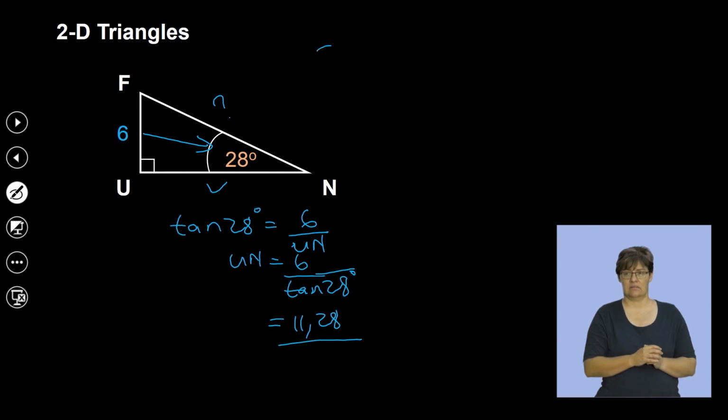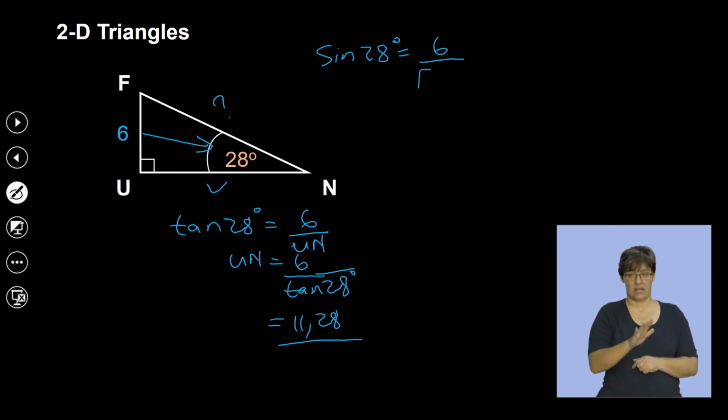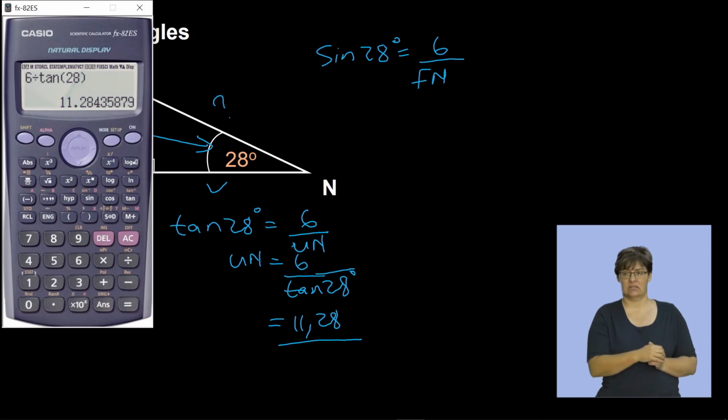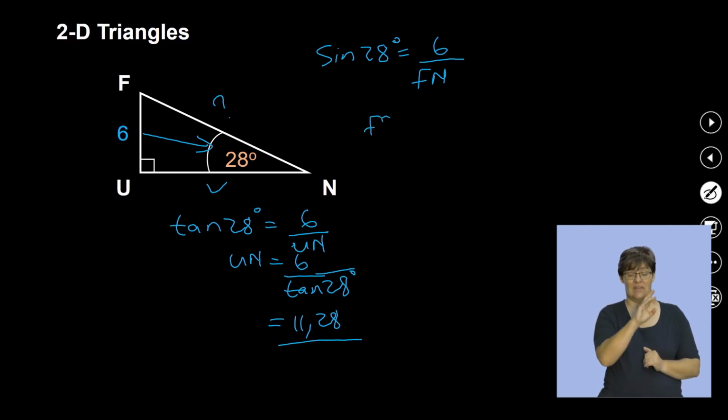So it will be sine 28 degrees is equal to my FU, which is 6, over, I'm trying to find FN. And then from the calculator perspective, this is going to be 6 divided by sine of 28, and then it gives me 12.78. So FN will then be